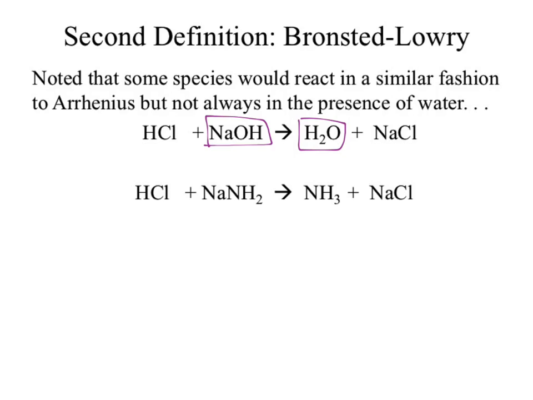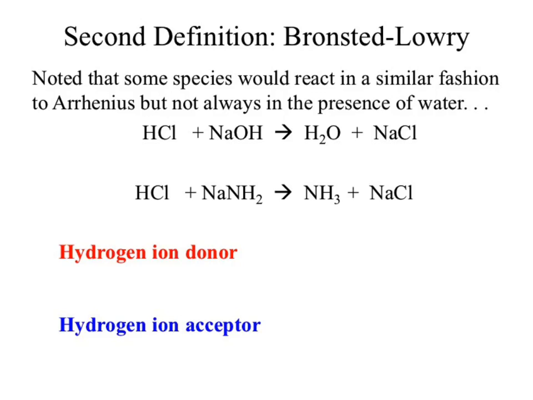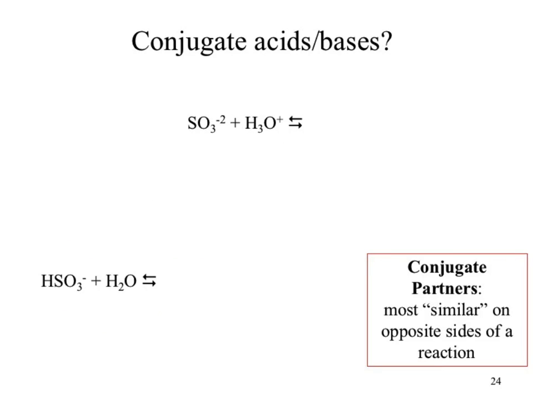So acids lose a hydrogen, bases accept a hydrogen. With that definition, he could now go through and label this guy as a base. That one didn't have hydroxide in it. But now I have a better way of labeling that as a base because in the course of that reaction, it accepts a hydrogen. So it's a slightly broader definition. It works a little bit better, and it tends to be one of the more accepted definitions for acids and